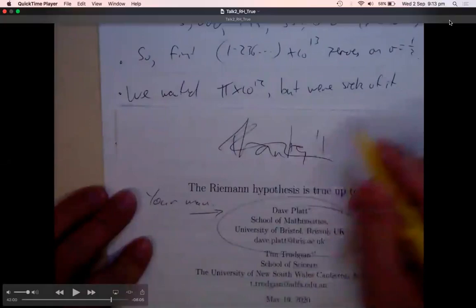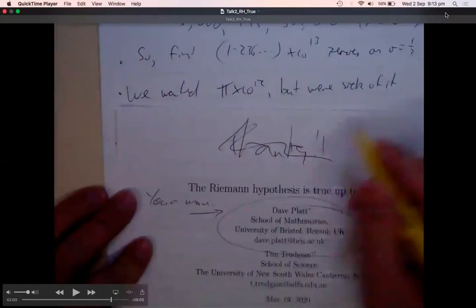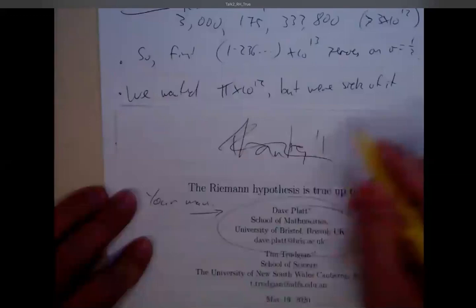Sneha? Yeah, hi. Since we were already discussing the percentage of zeros, Selberg's and Levinson's methods on the percentage of zeros for the Riemann zeta function have been used for several other combinations of derivatives and for many other L functions. Of course I can go read the paper, but do you see the method also working for verifying the Riemann hypothesis up to a certain height for certain other